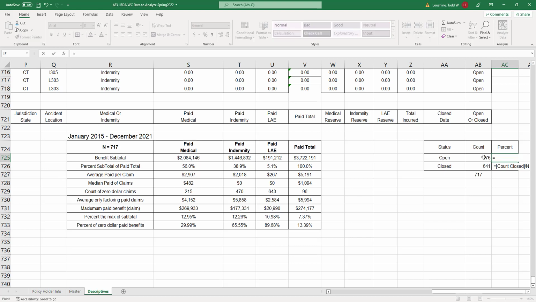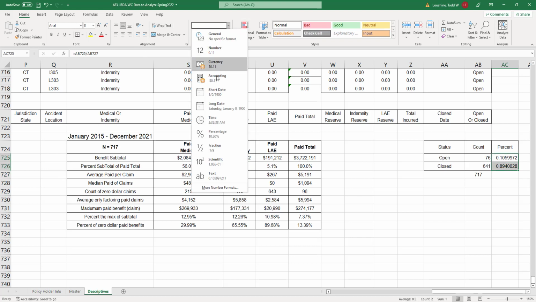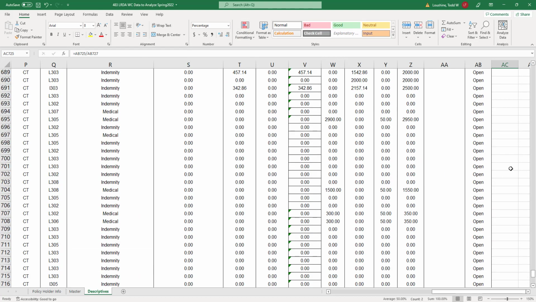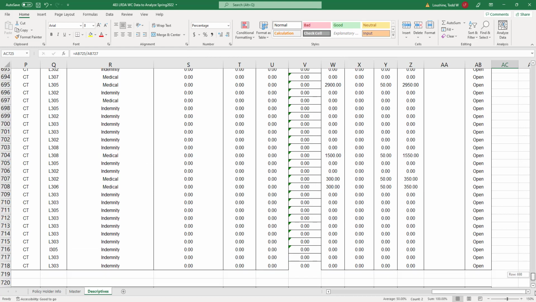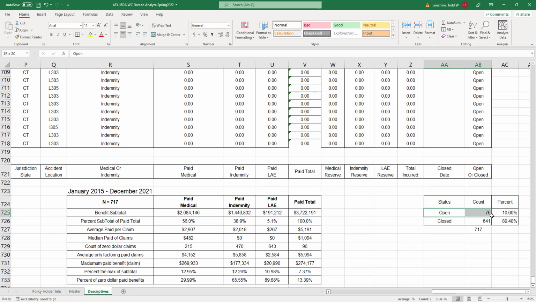Percent is equal to the count divided by 717. Just click right there, count divided. Turn this into a percentage. Oops. What I want to do is center those. And then, I mean, we could actually create